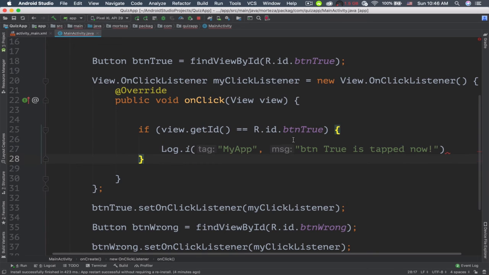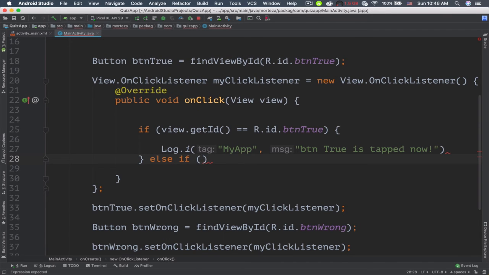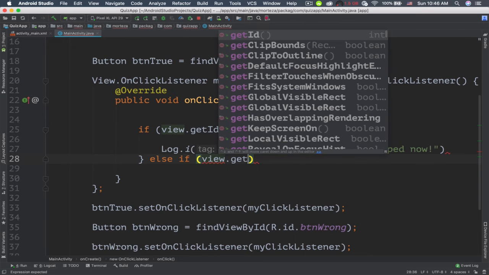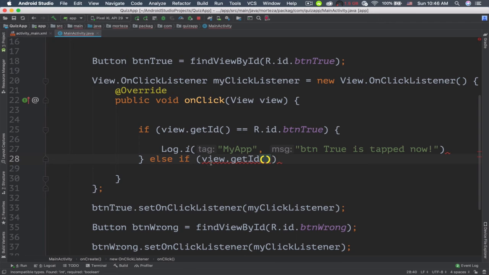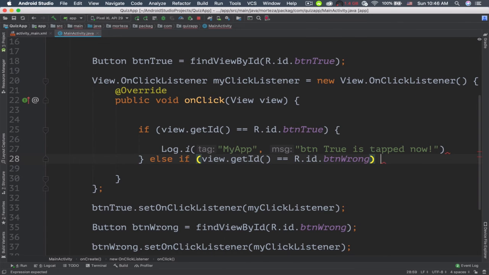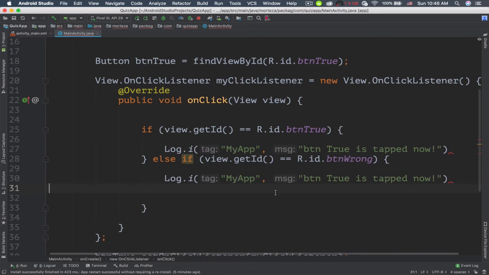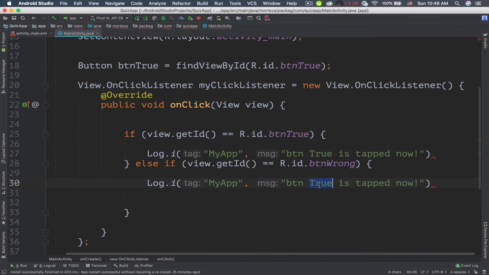So after the ending curly brace of this if statement, I'm gonna say else if. Inside the parentheses, I'm gonna say view.getId. So the view refers to the view that is tapped, and the ID is equal to R.id.btn_wrong. Then now we are sure that the btn wrong is tapped. So I'm just gonna copy this log statement and paste it here, and I'm gonna say